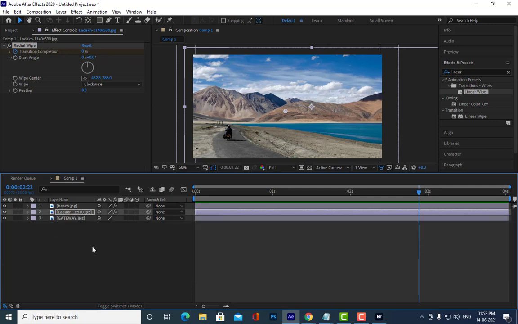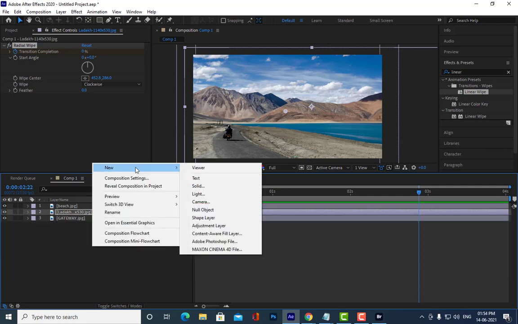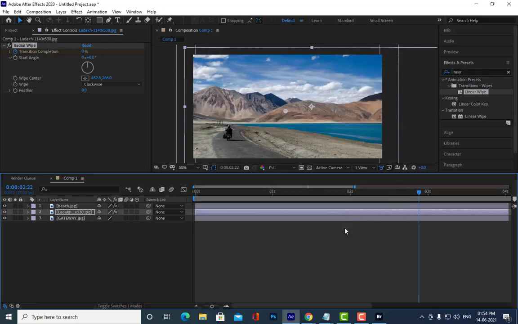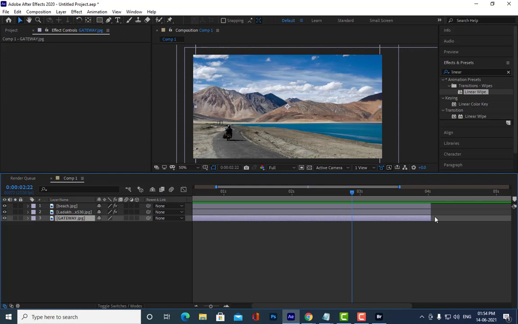Right click, new, right click, composition settings, and we will increase the duration to 8 seconds. Okay, and then simply click OK, and then we will see, actually the last one is very small. So what we can do is increase it, because this is a JPG file, you can increase the layer, no problem.